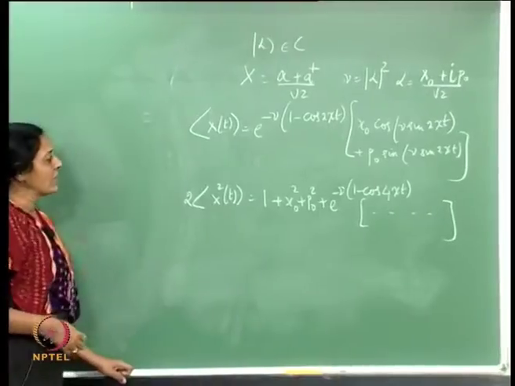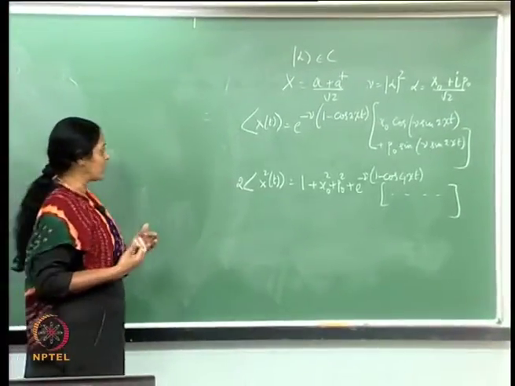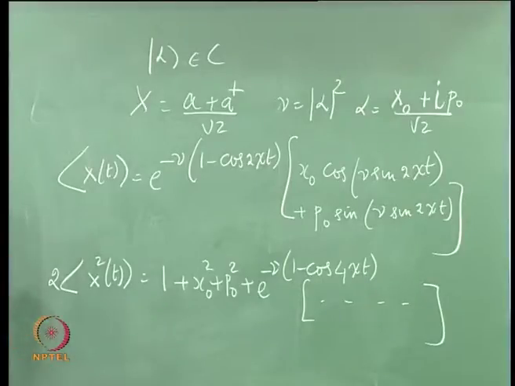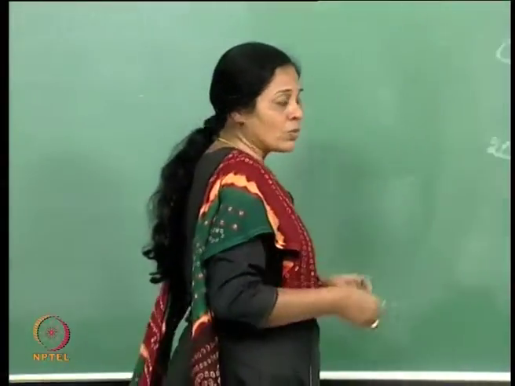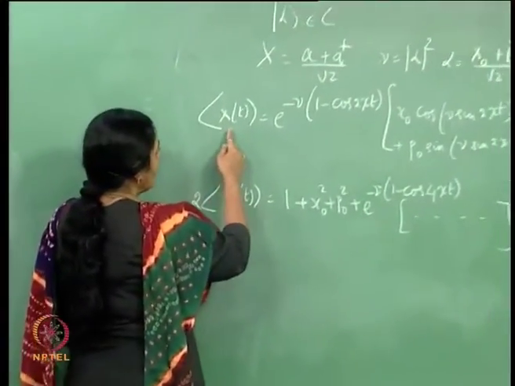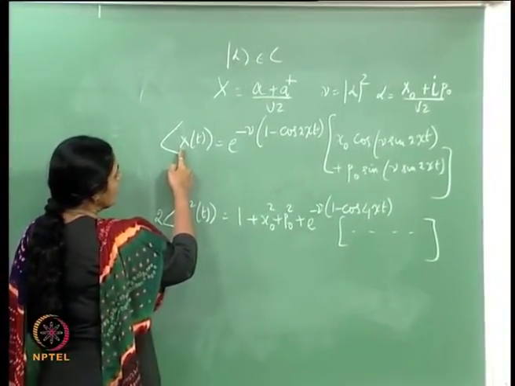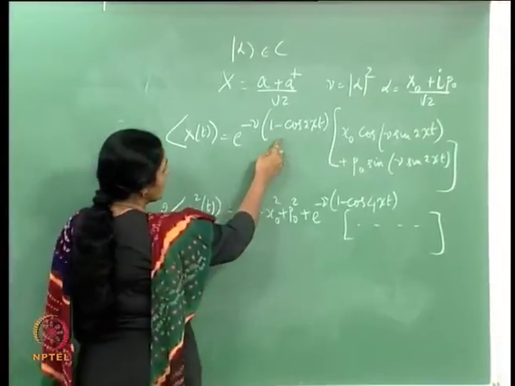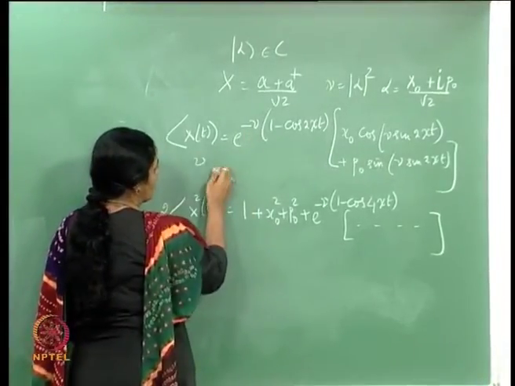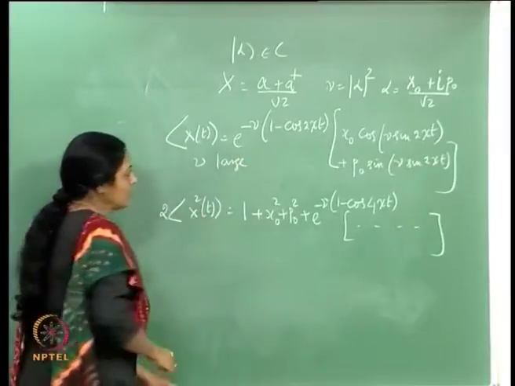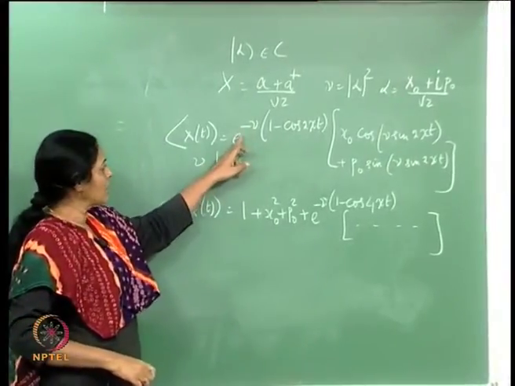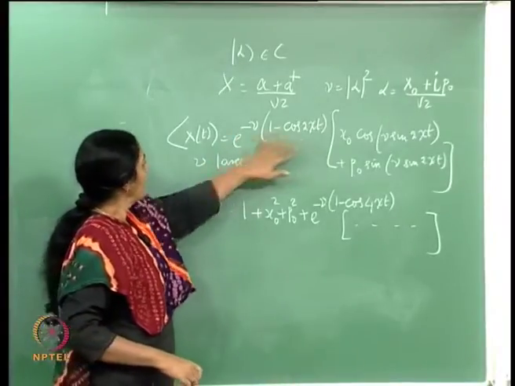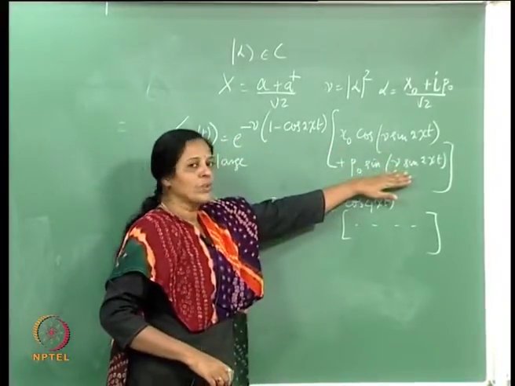Now if you compute the expectation value of x as a function of time, remember that the initial state was a Gaussian, but as I indicated, the Gaussian loses its shape and form almost instantaneously as it moves through the Kerr medium, and the manner in which the observable varies in time is given by this expression. If you look at this expression, suppose nu were chosen large, the exponential term will dominate. It comes with a negative sign out here, and therefore x of t really does not change with time because